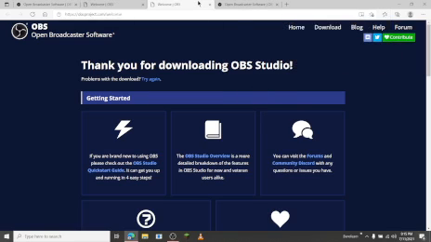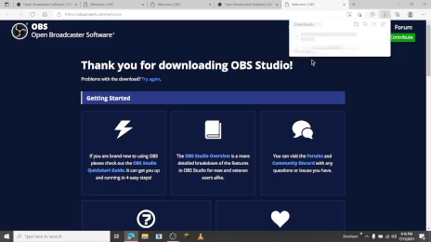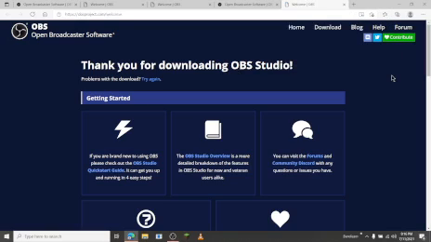I paused the video by mistake, so you can't see that. Now we have to press Windows, guys, and then it will automatically start downloading. I already have this, so I don't want to download it. After opening Google, you download the application, then finish that. Like that only you can do, guys, no problem.